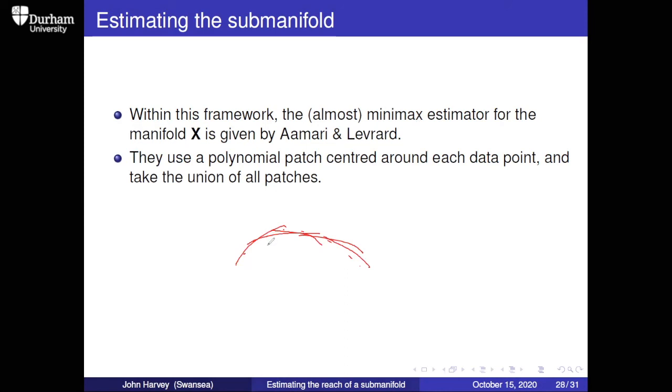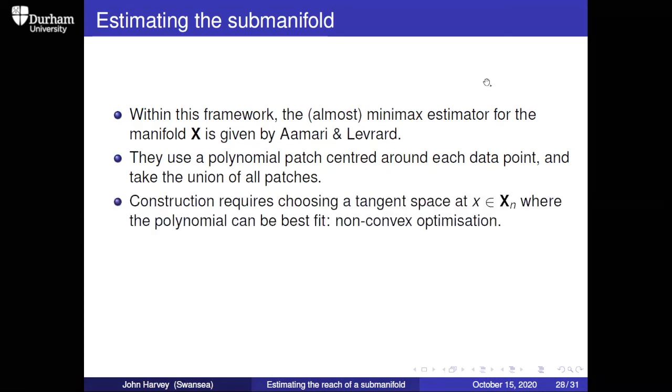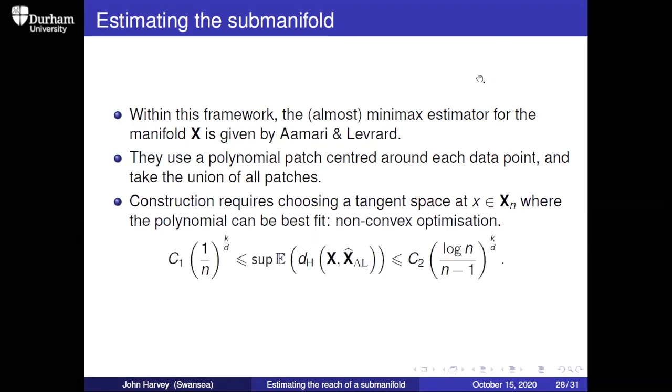And this estimator for the manifold isn't a manifold, it's just a bunch of patches sitting on top of each other. But it's Hausdorff close to the original manifold, and that's all we wanted. It's not particularly easy computationally, so this isn't a very good way to estimate anything. Okay? But if we look at how it works,